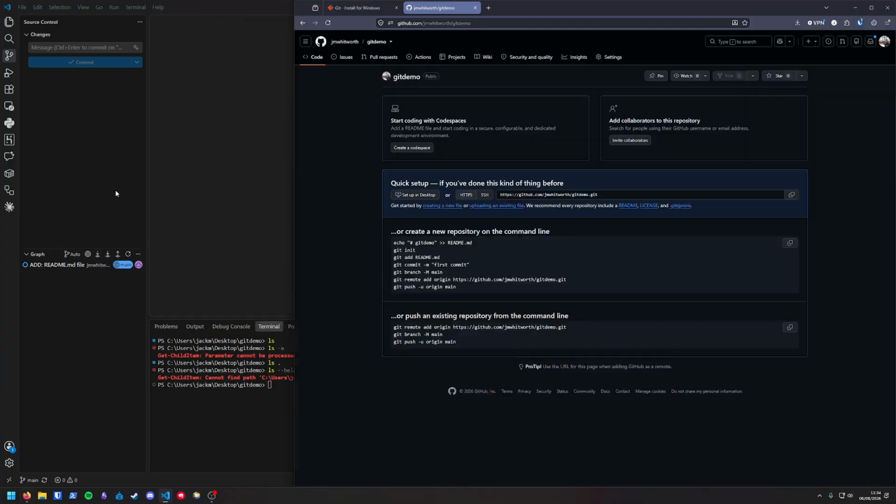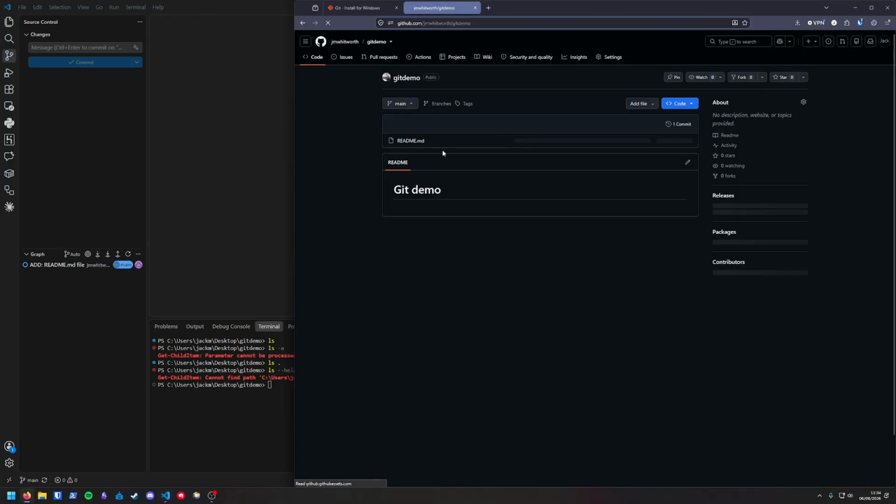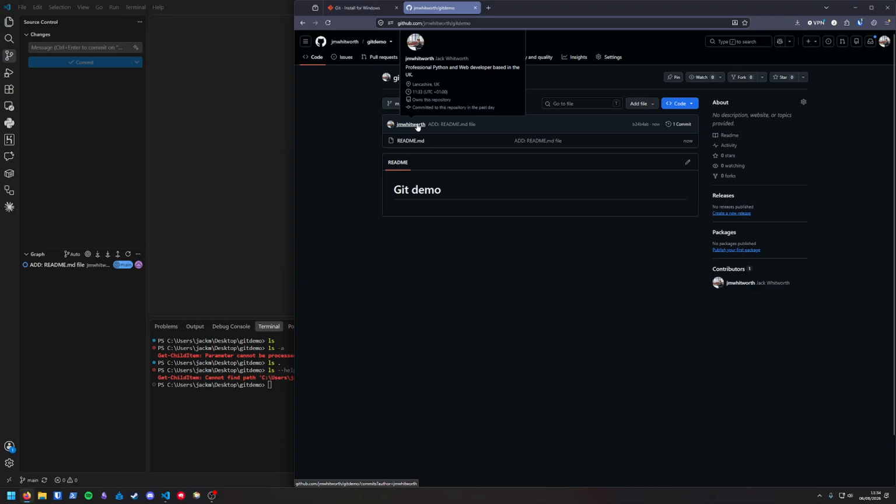I can collapse those, and now if I go over to GitHub and refresh it, now we're talking. Whenever you have a readme.md file, GitHub will output it nicely here. And I can see that that's me, made this commit, add readme.md. I did it now, and there's only one commit on the